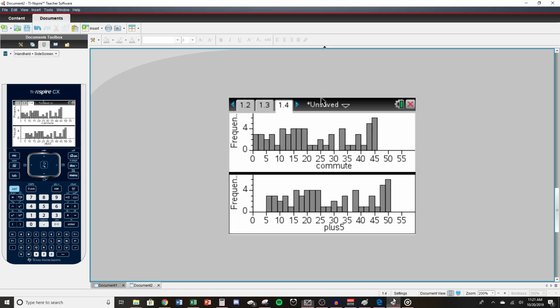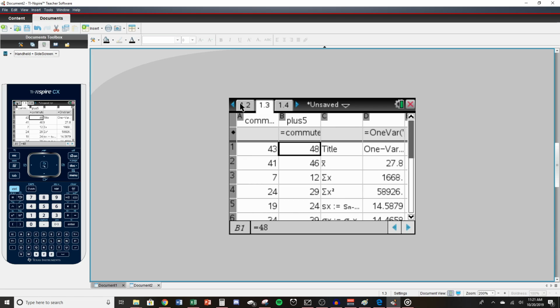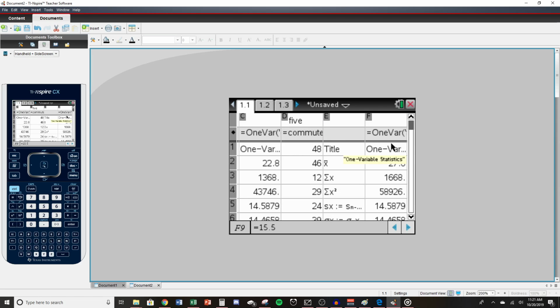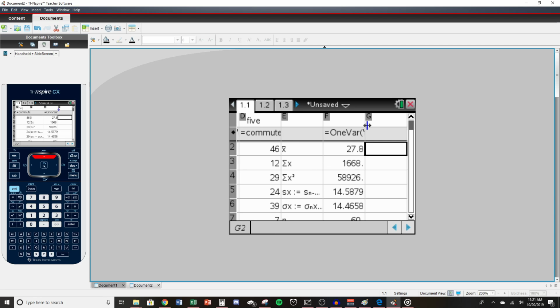So back to the Inspire. Let's go back to the very first page right here. Now I want to, up top, make a column for hours. So I'm going to put HRS. Okay, that seems good. Now we want to do the same thing we did for commute being added with 5,